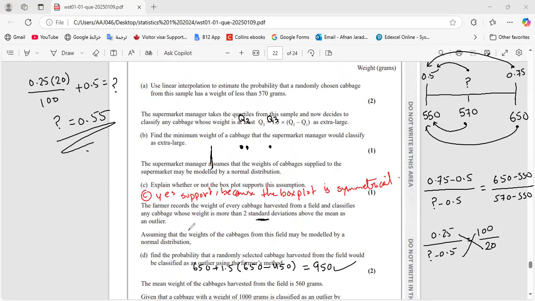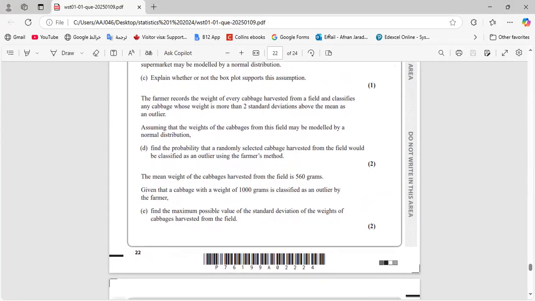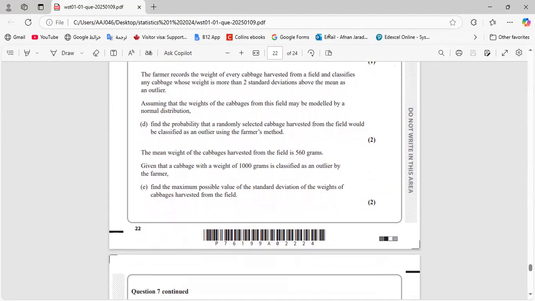Assuming that the weight of the cabbage from this field may be modeled by the normal distribution, find the probability that a randomly selected cabbage harvested from the field would be classified as an outlier using the farmer's method. Okay, so D, normal distribution,